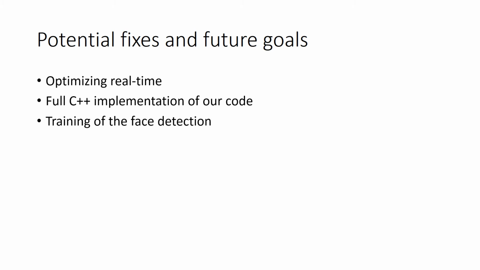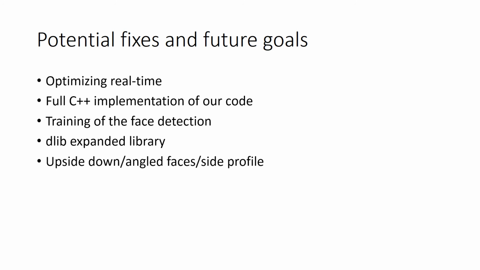Also, due to the training of the face detection, the algorithm looks only for direct faces. Snapchat is only able to process vertical videos, and we are only able to process horizontal videos. Upside down, angled faces, and side profiles all get lost since they aren't in the training data and obscure or move the notable features. By expanding the training data and adding more classifications to look for, we could potentially swap